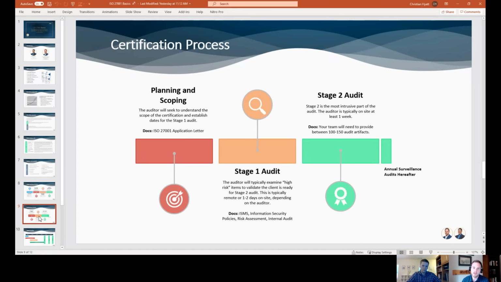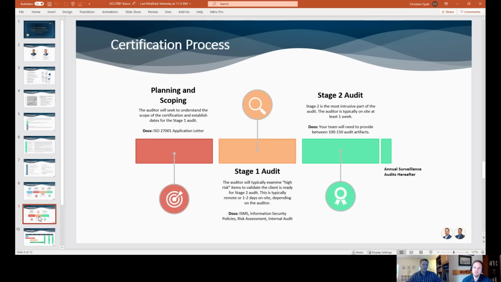Anything, Sawyer? I know you've been through dozens of these on the receiving end of audits on behalf of our clients. Anything you want to talk about for the certification? Yeah, I think the main takeaway that I've seen when it comes to the external certification process is the more detailed and committed that you are to the internal audit, the more organized that you are during the internal audit, which comes before the external audit because it's a requirement for certification, the better off you're going to be with the external process. And so what I mean is, you may have evidence that is somewhat complicated to collect, right?